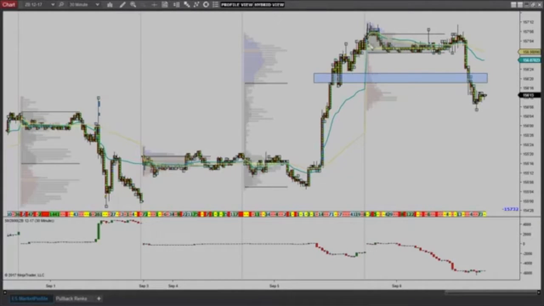So, D-shaped distribution here. We come across a day where, for most of the session, we're in the value area. Remember, a D-shaped distribution is a consolidation pattern. So low on the volume profile and a value area high. It might be hard to recognize for those of you who are new to market profile, but bringing